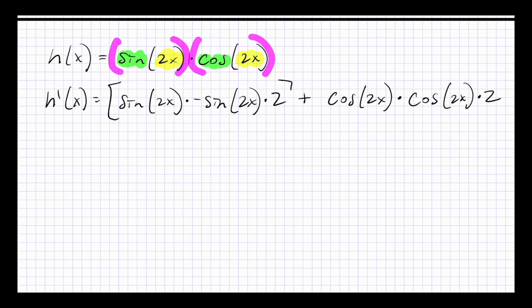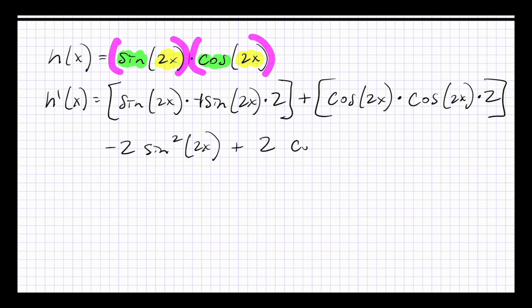So I have these two guys. I have a -1 here and a 2, so I'm going to move a -2 out in front. And then they're both the same, so you could just say squared. Same thing over here. I have a +2 I can move in front, and then